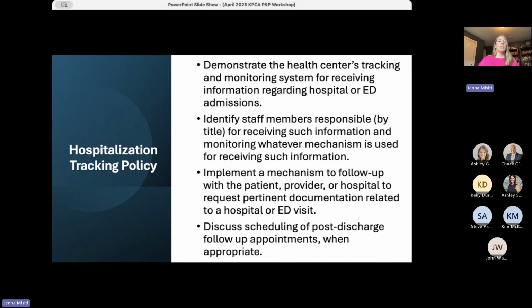And then your policies should discuss any scheduling of post-discharge follow-up appointments when appropriate. They want to see basically, does your policy discuss what happens after the patient's discharged? Maybe it's just that you need to follow up regarding certain medications. Maybe they need to come in for a visit soon. Maybe they just need a follow-up appointment in a couple weeks. But whatever that is, have some sort of system in place to ensure that you're